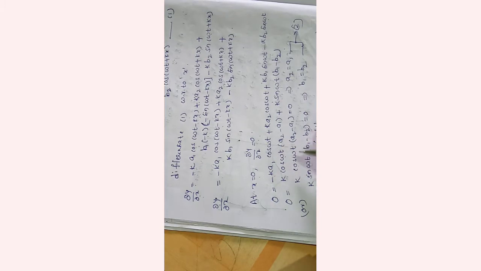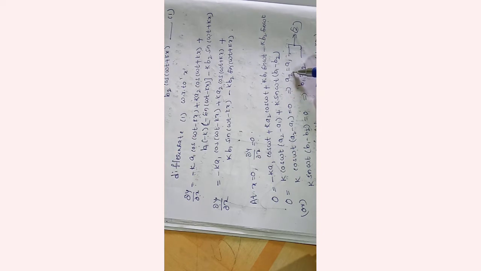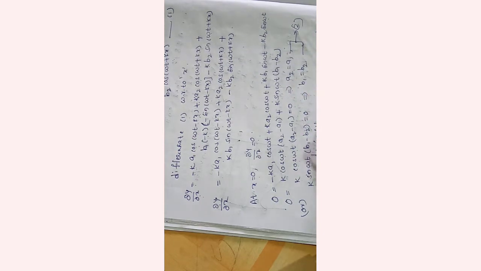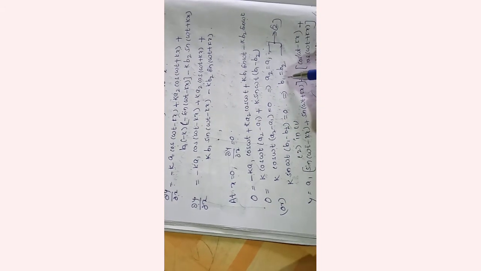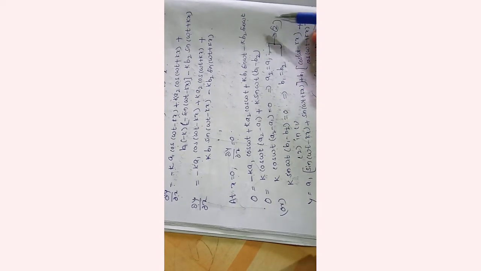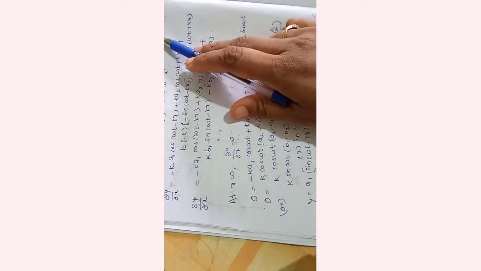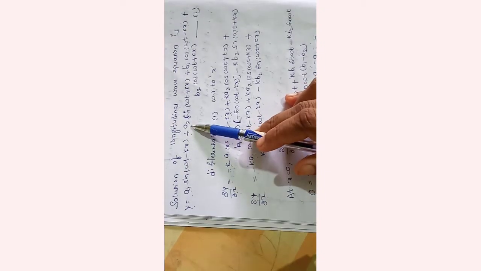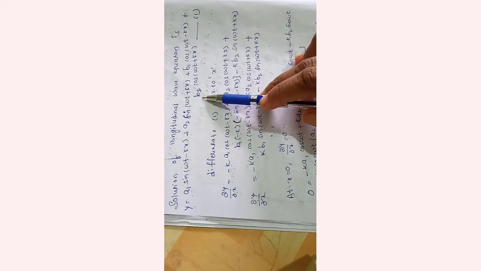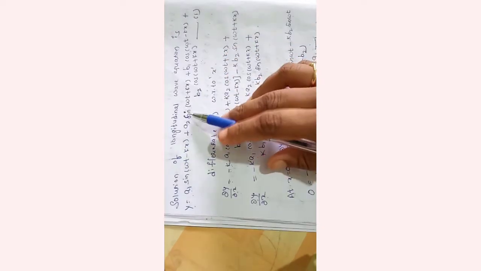Or we can also write it as k cos omega t (a2 minus a1) equal to 0, from that we get a2 equal to a1, and k sin omega t (b1 minus b2) equal to 0, from that we get b1 equal to b2. Now substituting these two values in equation 1, in place of a2 I will substitute a1, and in place of b2 I will substitute b1, and write equation 1 as